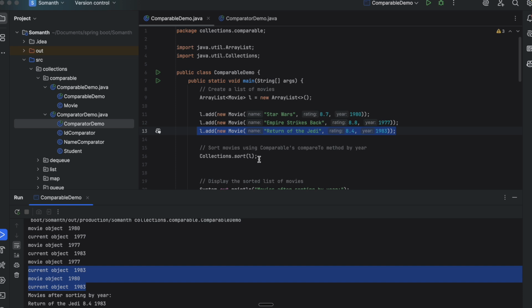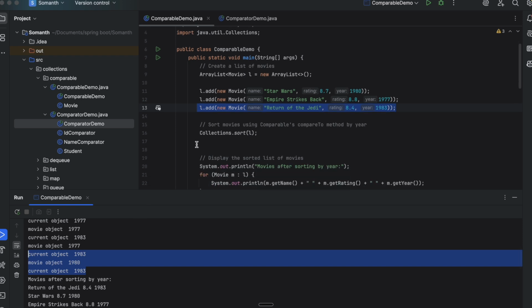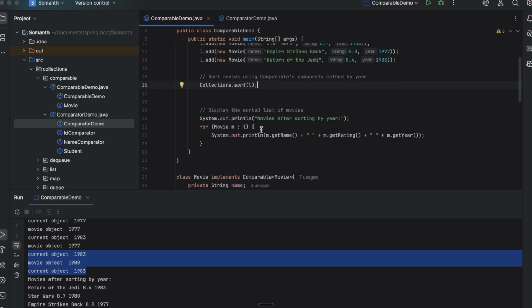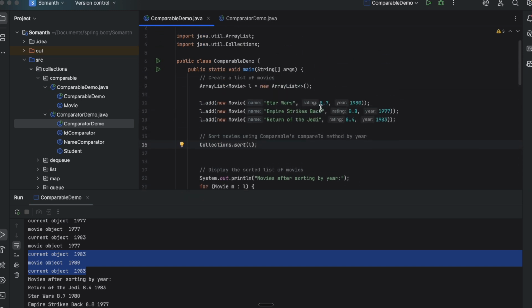Oh, the sort data method, based on the ID, right? So the end result we need is 1983, 1980 and 1977. That is maybe an inbuilt method, so this is sorting it by itself. Internally it is sorting that data, because this is not in a sorted manner, right? I don't know the implementation, so you have to go and look into the implementation of the sort method, the built-in method, and how it is implemented inside. This will return 0, 1, 2 based on whether the value is greater, lesser or